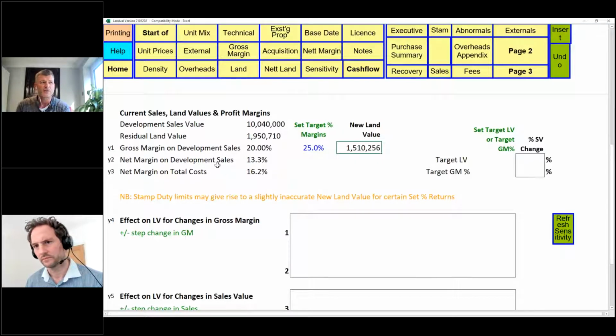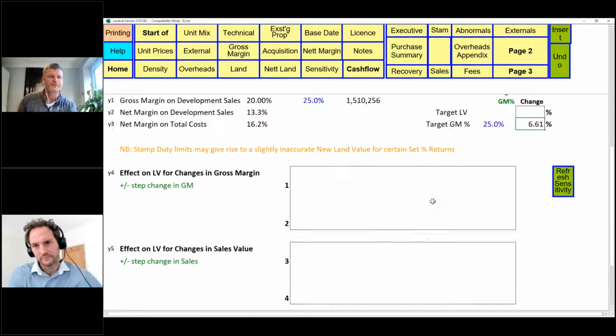If you want any other positions, your net or your total cost, you can do that as well. And the other thing we can do here is say, if you want a 25% gross margin, what do we need to do on our sales values, up or down, to achieve that? Obviously I wouldn't be doing this and I wouldn't recommend it, but it's still a figure. If you have been very, very cautious on your sales values, then arguably to achieve that 25% gross margin, you need to increase your sales values by 6.61%. That is fairly risky, and it's not something I would tick off, but it's in the system.